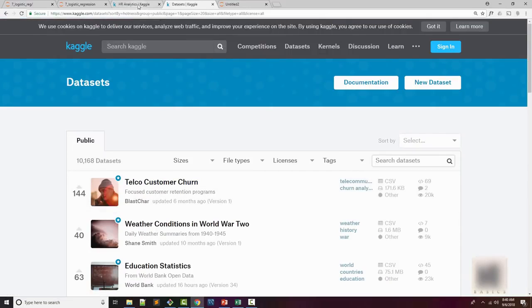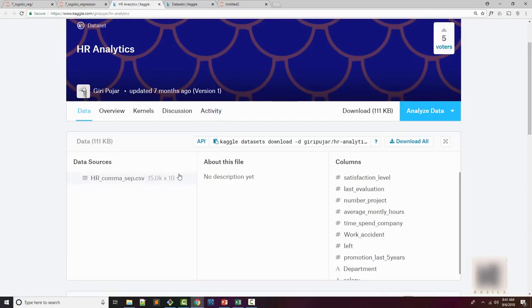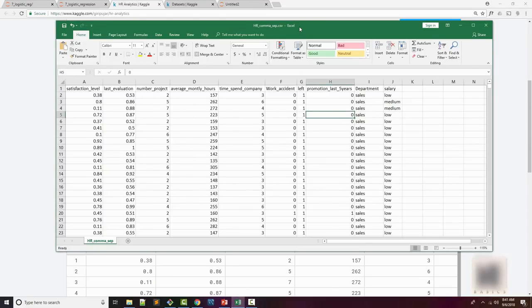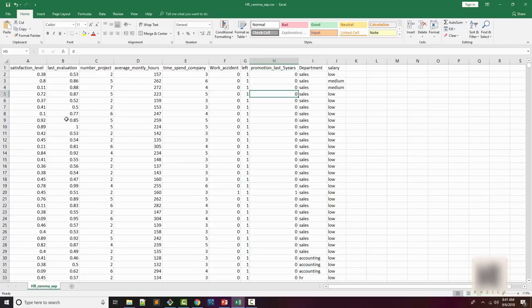From this, I have downloaded this HR analytics dataset, where there is an analysis on the employee retention rate or employee attrition rate. If I open that CSV file here, it looks like this, where based on the satisfaction level, number of projects or average monthly hours that person has worked, you are trying to establish correlation between those factors and whether the person would leave the firm or continue with the firm.